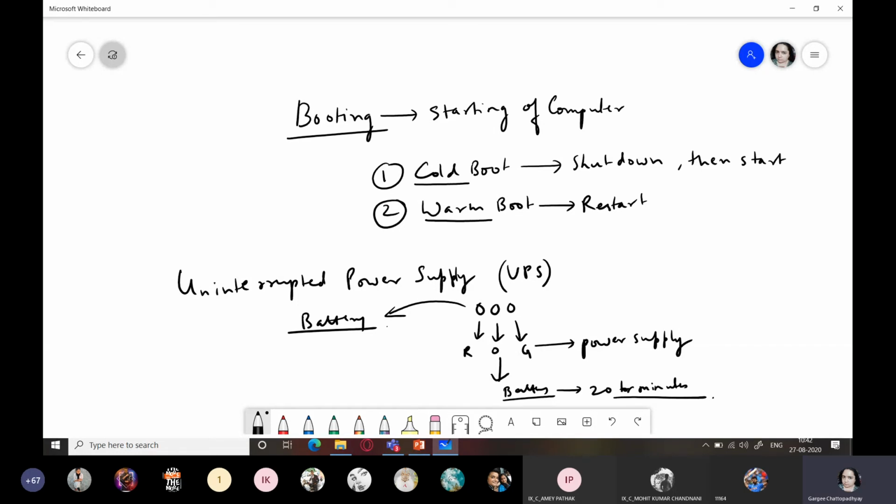It gives you enough time to save your data and to switch off your computer properly. And red means your battery is exhausted. It needs repair or replacement. Either it has to be repaired or replaced.